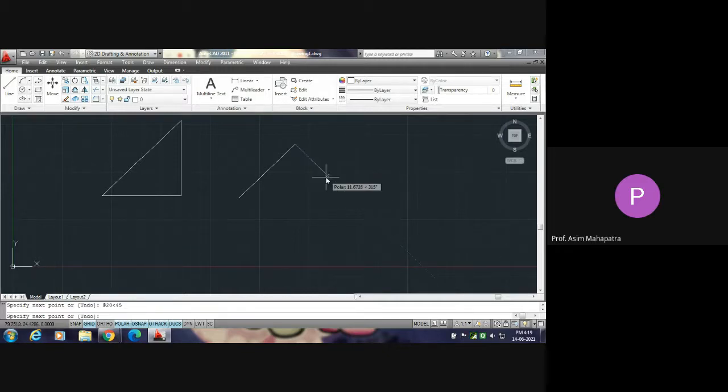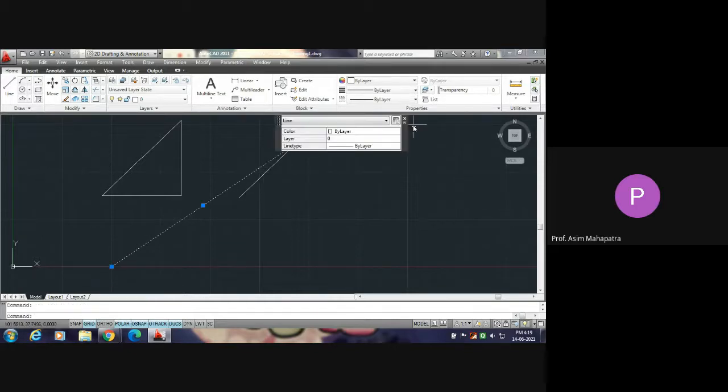Suppose I want a horizontal line of 25 length. So my input will be 25 less than 0 and enter. Oh, I have changed that unit now earlier. One minute. That length has been measured from the origin itself.